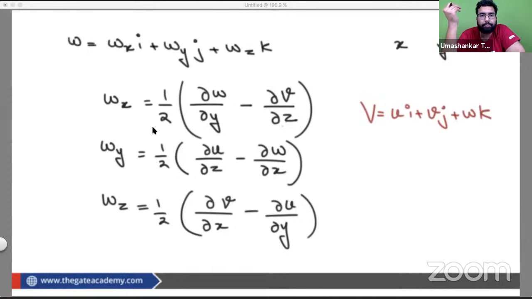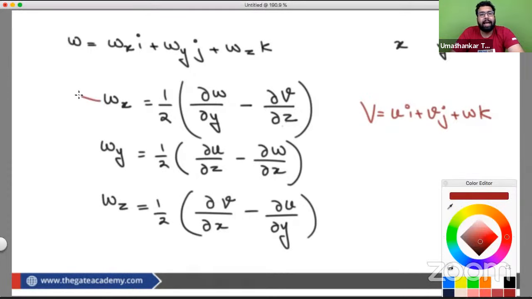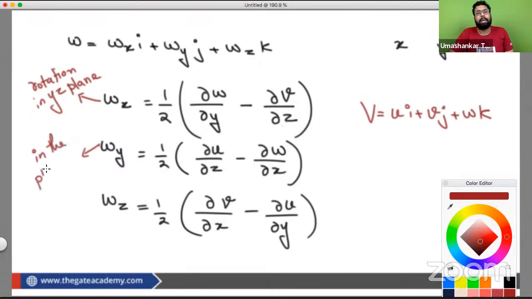Please answer me. Sometimes to confuse you, this omega x is basically the rotation vector, rotation in the yz plane, remember. Rotation always happens about the axis and in the plane. So if the rotation is happening about axis x, it takes place in the plane yz. About y, it is in the plane xz, and about z, it is in the plane